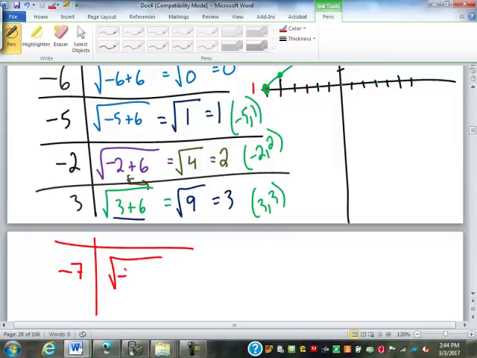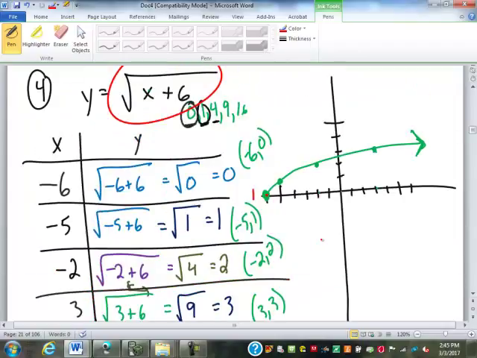that would be the square root of -7 plus 6. Well, what is -7 plus 6? -1. What's the square root of -1? Your calculator says error, right? Yeah, we can't do it. If we were to get into advanced algebra, it turns it into an imaginary number. You cannot take the square root of a negative number. So that's why this line here, instead of having an arrow on the end, is just a dot, because I cannot keep going to the left. X cannot keep getting smaller. X cannot be any smaller